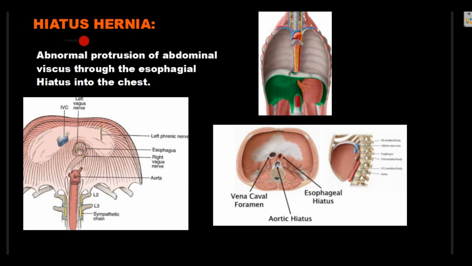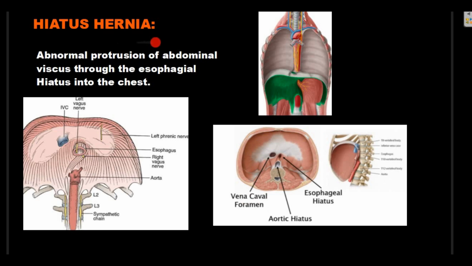Now we're going to be talking about hiatus hernia. First off, what's a hiatus? In simple terms, hiatus is nothing but a hole. We all know that the diaphragm divides our thoracic and abdominal cavity, but some parts of organs in our body connect the two cavities via the diaphragm. So these parts pass the diaphragm via some holes, which we call the hiatus. The three main hiatus are the hiatus for the inferior vena cava, the hiatus for the esophagus, and the hiatus for the aorta. Here's a picture showing it clearly.